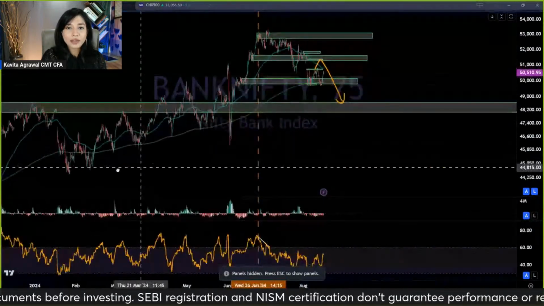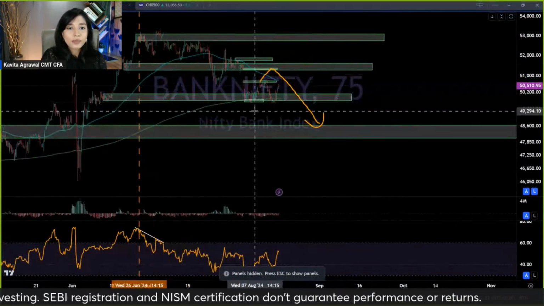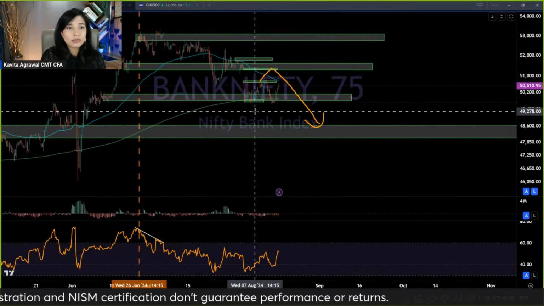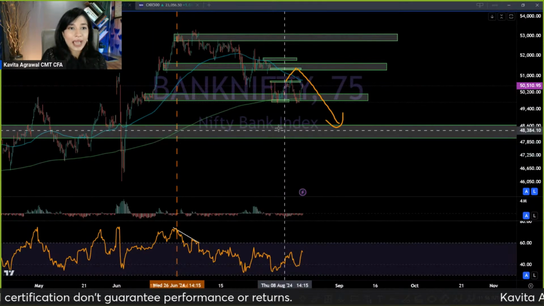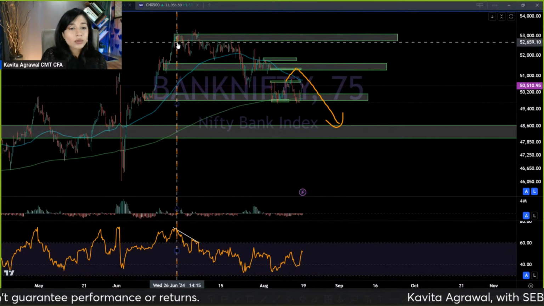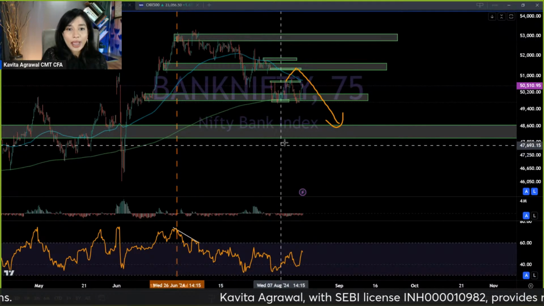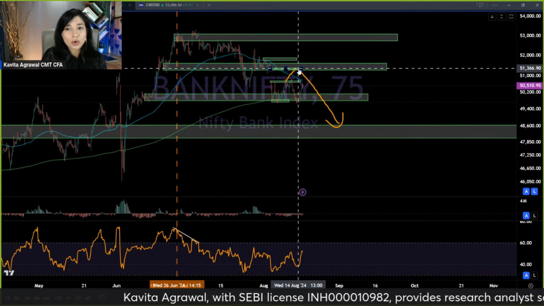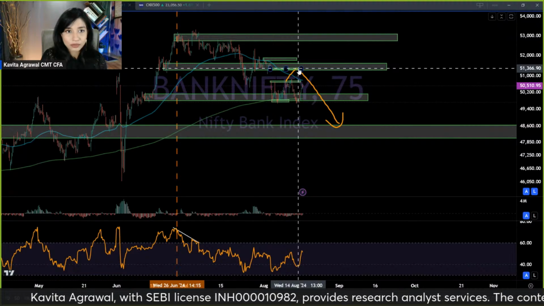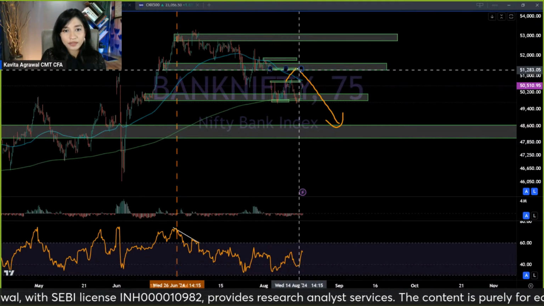So on the Bank Nifty, what am I seeing here? The Bank Nifty doesn't, to be honest, look as positive to me as the Nifty does. There was a real peak on the 75-minute time frame, which was forged over here. And here I am seeing a strong resistance at the level of 51,400 roughly on Bank Nifty.